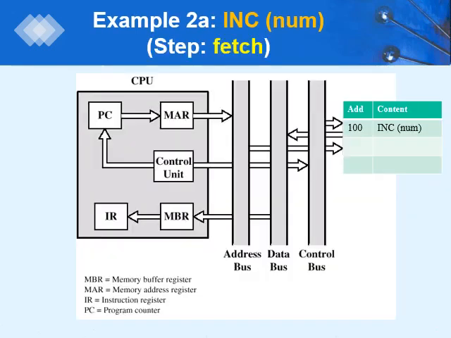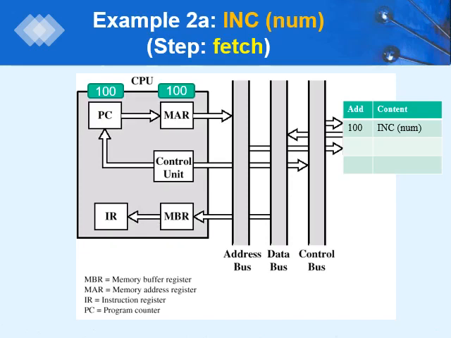At the beginning of the fetch cycle, the address of the next instruction to be executed is in the program counter, PC. In this case, the address is 100. The first step is to move that 100 address to the memory address register, MAR. Then the second step is to bring in the instruction. The 100 address in the MAR is placed on the address bus, and then the control unit issues a read